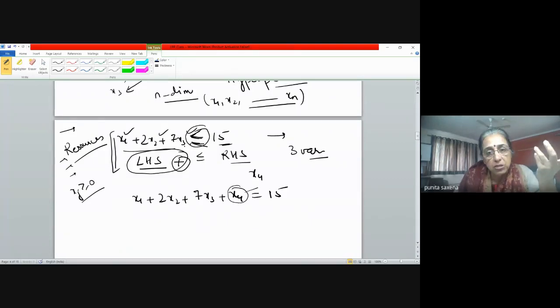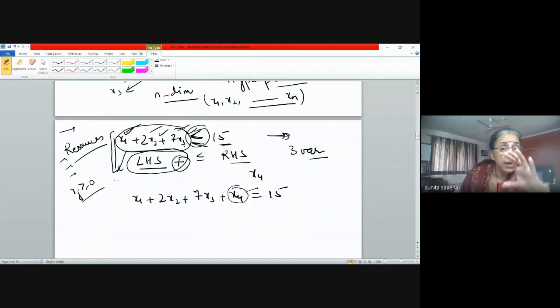It may take a positive value, it may take zero, I don't know, right? So I add that variable. And physically, what will this mean? See, say for example, if this was my wood, imagine this constraint was my wood. I had chair, table, and a bookshelf, right? So that means the left hand side denoted the usability, or